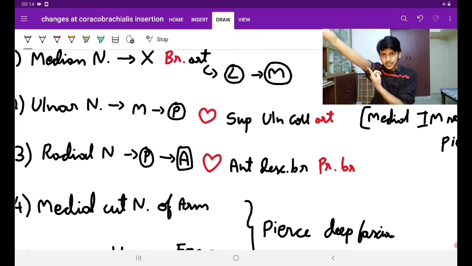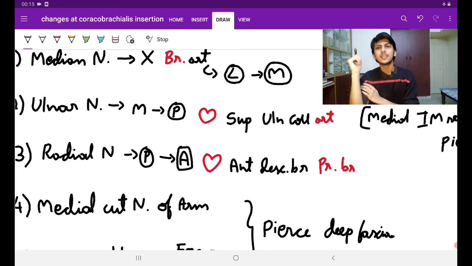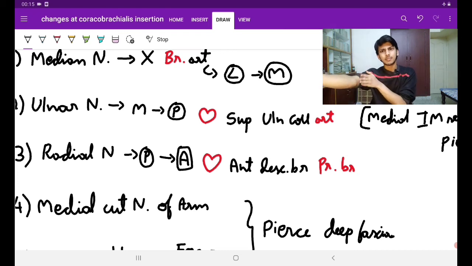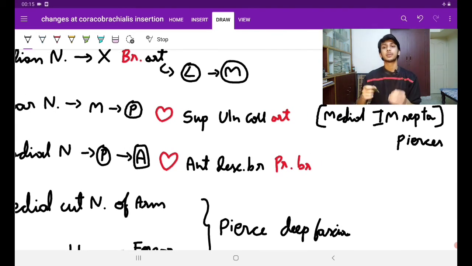So, is it the anterior aspect of the arm? No, it's not. It's the posterior aspect. But ulnar nerve, I think it was usually in the anterior aspect and the medial aspect, isn't it? How did it go posterior? It pierced the medial intermuscular septum. See, it is in the deeper aspect, but this is superficial now, it is near the skin. So if it has to go, it has to pierce through the medial intermuscular septum and it enters from the medial compartment to the posterior compartment of arm.